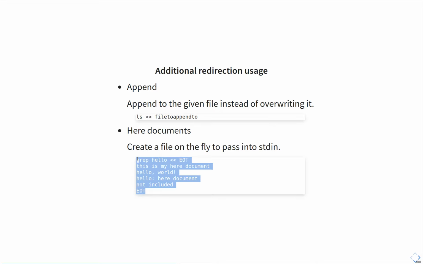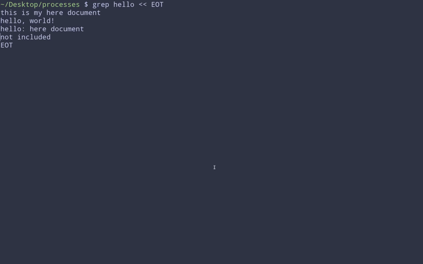There's also here documents, which are a neat trick. The way here documents work, I'm going to paste this one in here. You use double less than signs instead of greater than signs, and then a special sentinel string. So this does not have to be EOT. It can be whatever you want. I'm going to change it right now to EOF. And you can type in whatever you want afterwards. Multi-line strings are allowed, and when you press enter, assuming that your here doc correctly ends with the exact string you typed in at the beginning of the here doc, no spaces or anything, it will actually run the program you passed to it